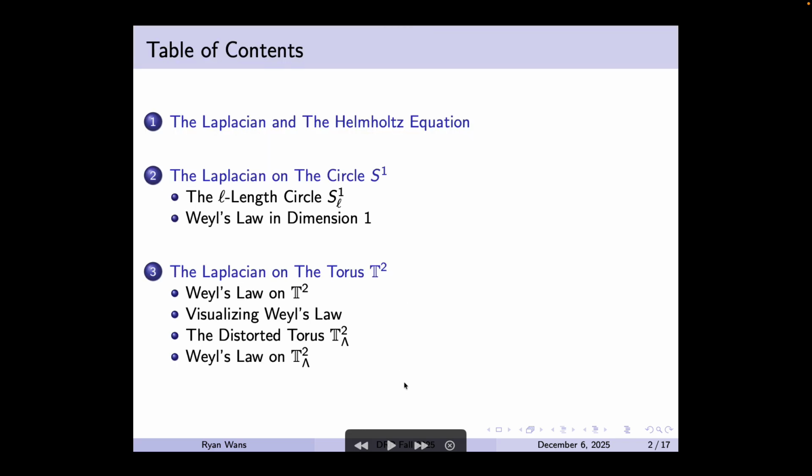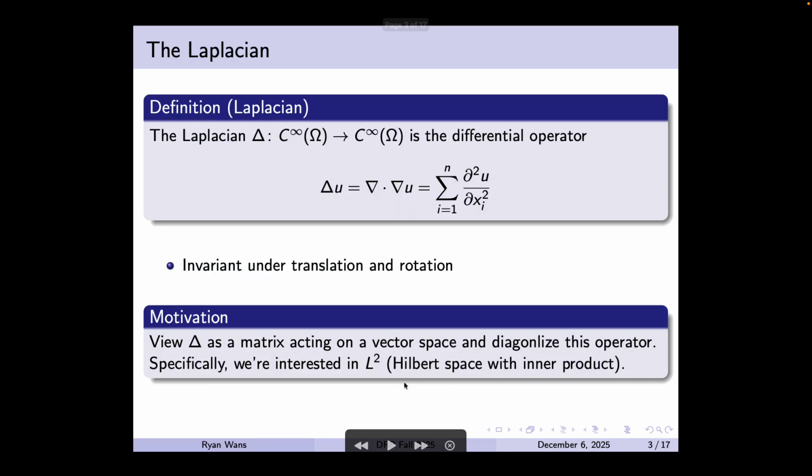So the outline is I'm going to talk about the Laplacian for a bit and the eigenvalue problem, and then show some examples in the geometric cases of S1 and the torus T2, and then related to Weyl's law in both cases. As you probably know, the Laplacian is the composition of the divergence and the gradient,